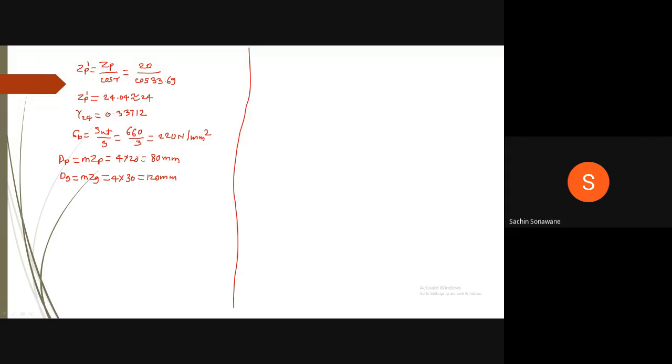Now we have to determine a naught. A naught means cone distance. A naught is equal to square root of (dp divided by 2) square plus (dg divided by 2) square. Therefore, substitute the values. (80 divided by 2) square plus (120 divided by 2) square. Therefore, a naught is equal to,